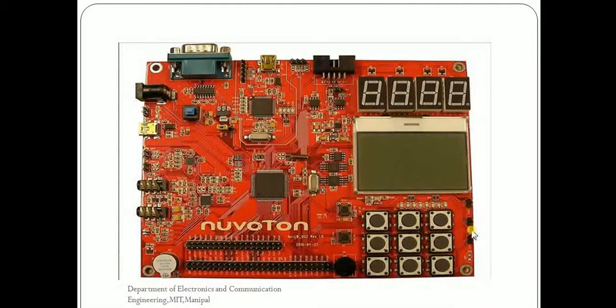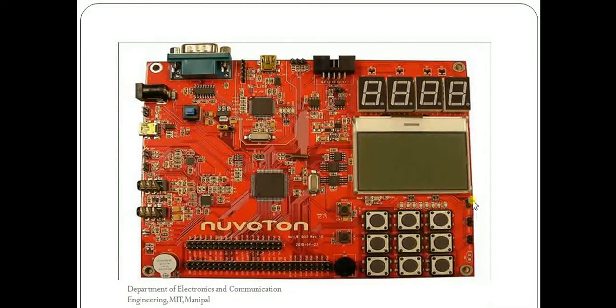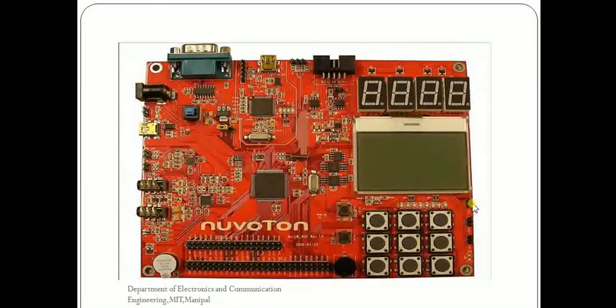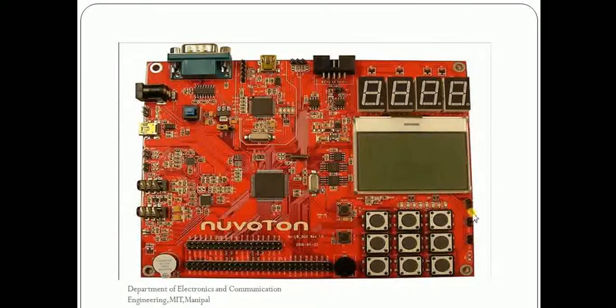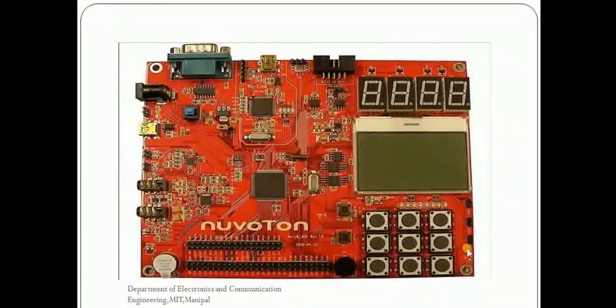And this you can see here is ground and VCC, and we can also get a 3-volt from here to the board. Or if you're using any other component, then you can draw power from this board. Here we can get a 3-volt, and from here we can get a 5-volt, and this is ground.